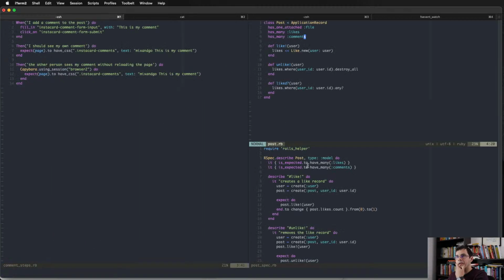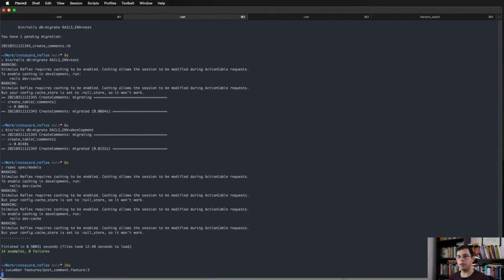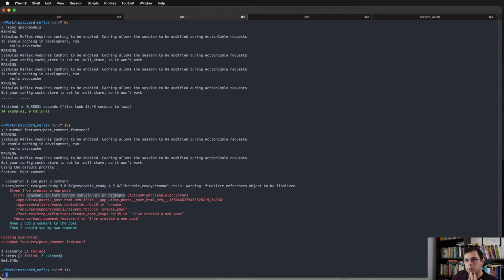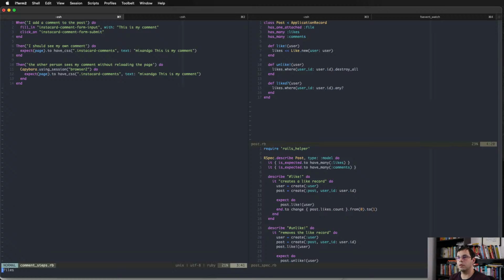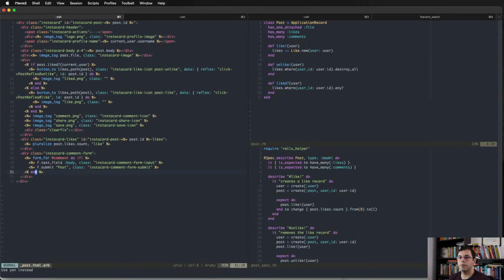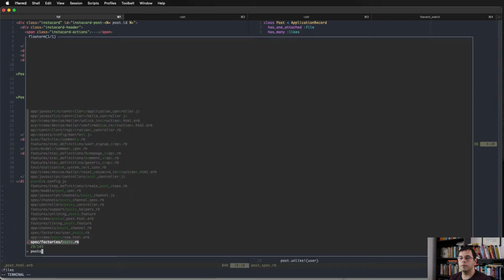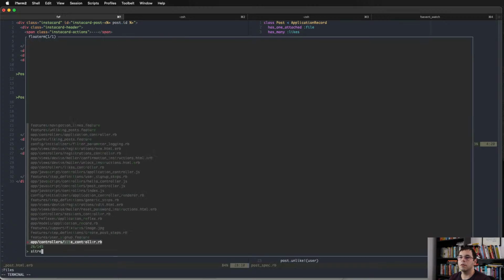So my tasks are passing now. And let's go back to that cucumber feature test. This should have the comments now. So on line 28, which is post HTML, which is this one, it says that a comment is nil. And if I look at the posts, so here